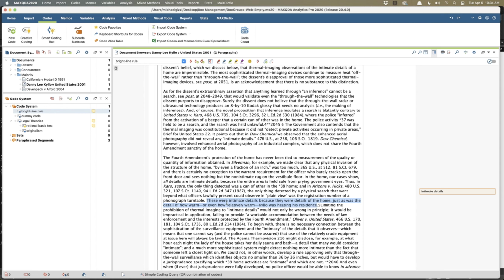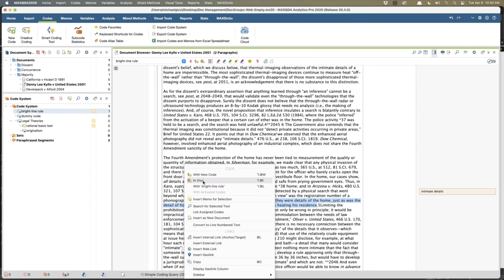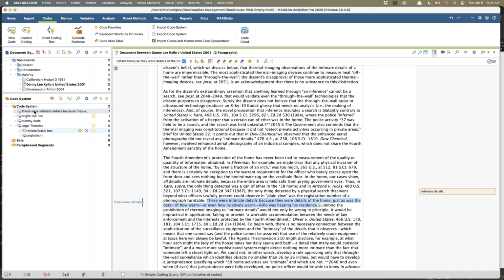I'm going to use the right click version and say in vivo, or I could do in vivo there and watch what happens. Now I have a code that's much longer, and in fact it doesn't give me everything because I've exceeded the 63 character limit, but it automatically creates this.